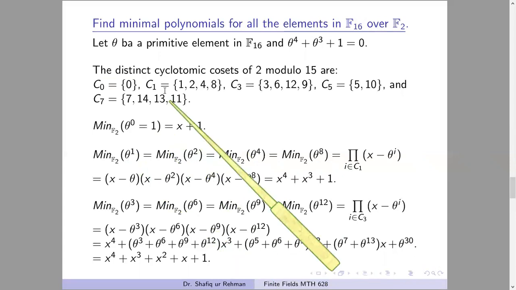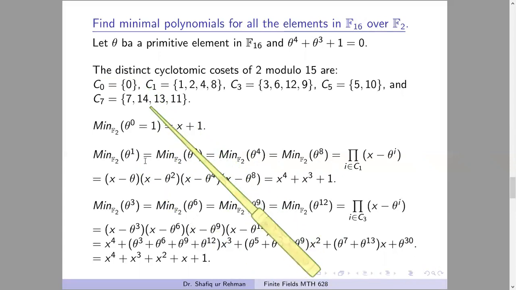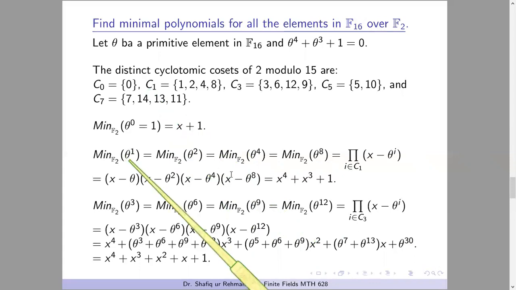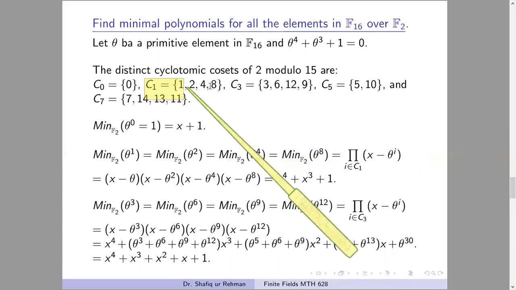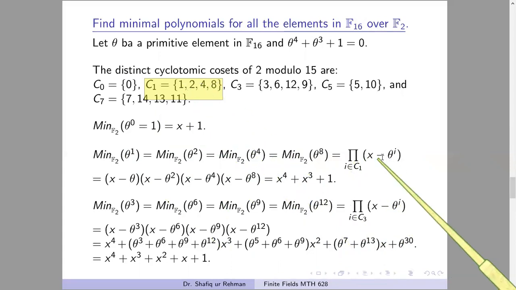Now comes the minimal polynomial of theta power 1. We will write the formula: product over I belonging to C1 of x minus theta power I. And because in C1 we have these 4 elements, 1, 2, 4 and 8, these 4 elements will have the same formula for the minimal polynomial, because C1 equals C2 equals C4 equals C8. So these elements will have the same minimal polynomial. So by putting the value of I, we will get this product,